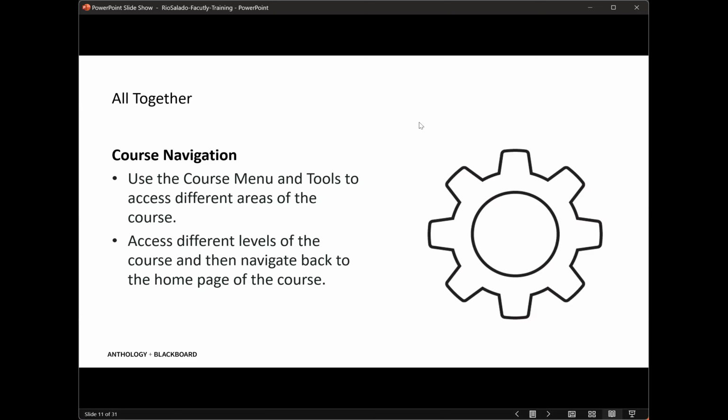Now you don't have to at this time, but part of the slides and your review later on, especially for your faculty that are watching the recordings, I do have a couple of spots that say all together, and it gives you an opportunity to step back and access the different portions in the course. So for anyone watching the recording later on, you may want to take the time now to make sure that you're familiar with that course menu and the control panel down below. You may also want to click around to different areas of the course and experience that student preview button.